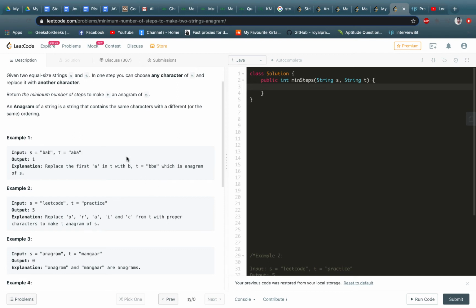the letters that are already present in the string s. So in that case, supposedly in the first string we have two b's, right? And in the second string when we are traversing, we will encounter b, and we will, okay, let me just go through the iterations first and you will understand it clearly later.